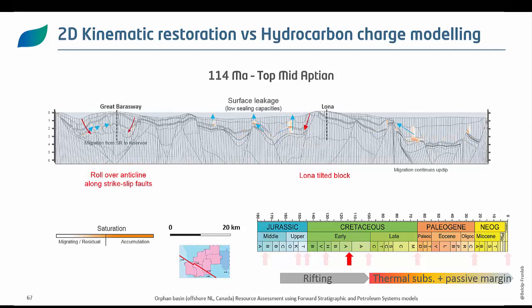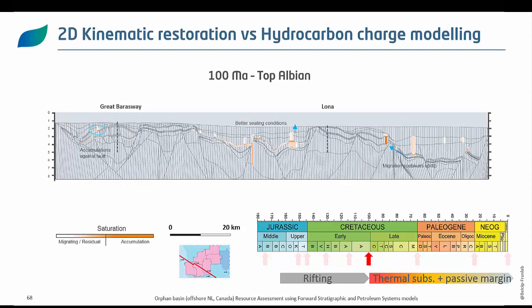Here's a view now during the action, so extension is still ongoing. The flanks of the Great Barras structure have now finished collapsing, and on the side of the flank, hydrocarbons concentrate into the reservoir levels, migrating upwards through the fault pattern. Migration happening on the western side of Lona eventually spills up to the surface as the Cretaceous seal is thin over there and undercompacted. This is a general case for the higher structures, poorly sealed by insufficient Cretaceous layers. The first migrations were most of the time lost in those highest areas until the Cenozoic added some sufficient sealing capacities.